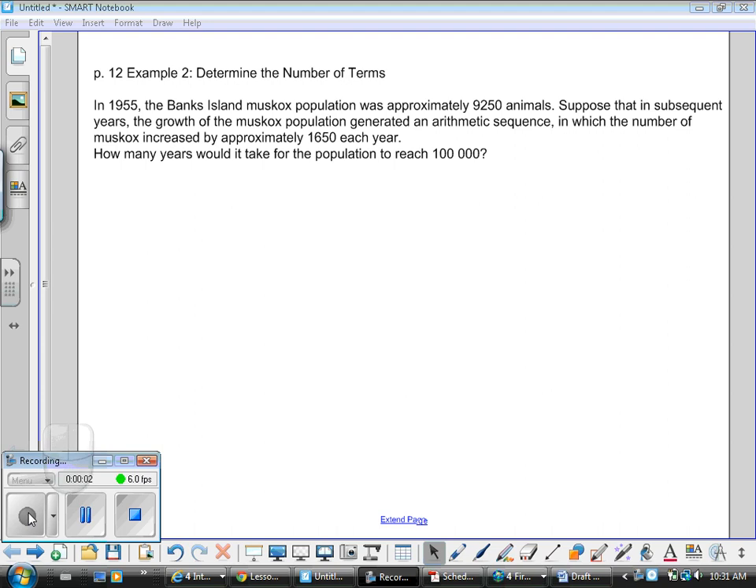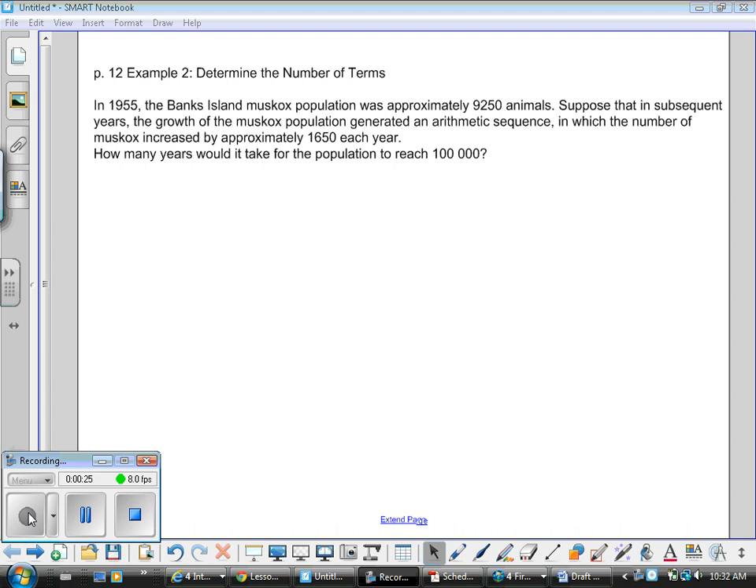Our second example, example 2 from page 12, asks us to determine the number of terms in a sequence. So the example says, the muskox and the caribou of northern Canada are hoofed mammals that survived the Pleistocene era, which ended 10,000 years ago. In 1955, the Banks Island muskox population was approximately